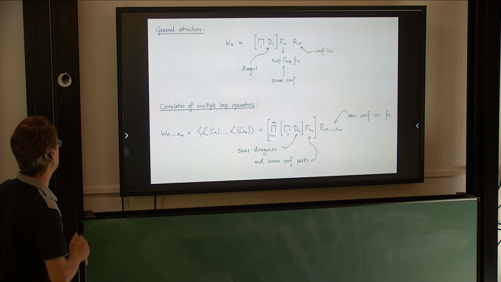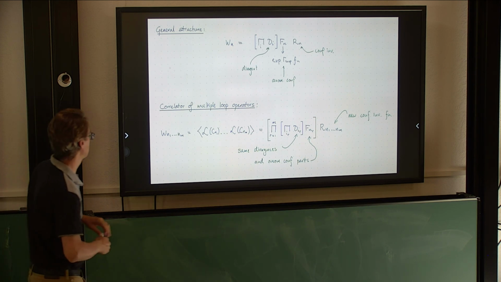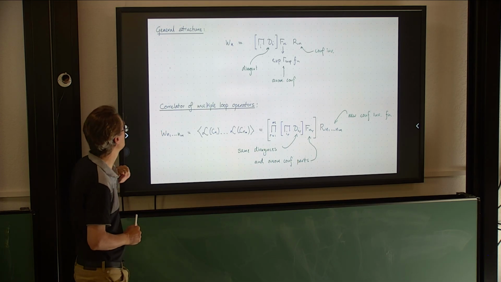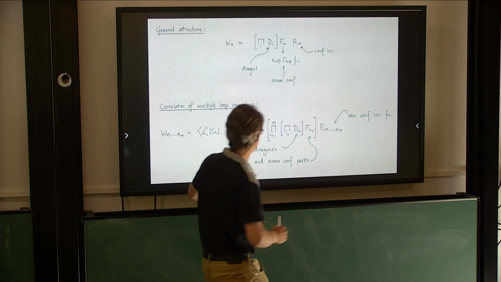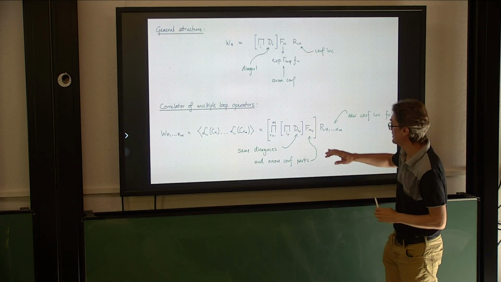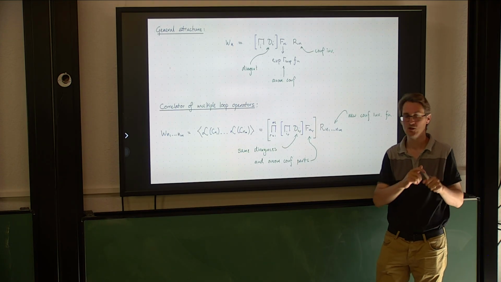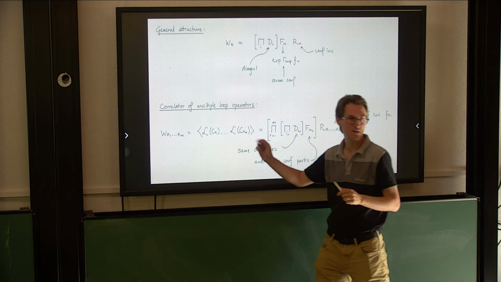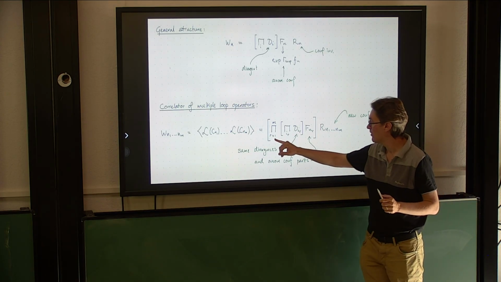Okay, now we want to replace that structure with a correlator of multiple loop operators. And the claim is that the general structure will be very similar. You will have, for the same reasons, divergences, and for the same reasons they will be localized at the corners of each of the loops that we're interested in computing the correlation function of. So for each loop, for 1 to m,